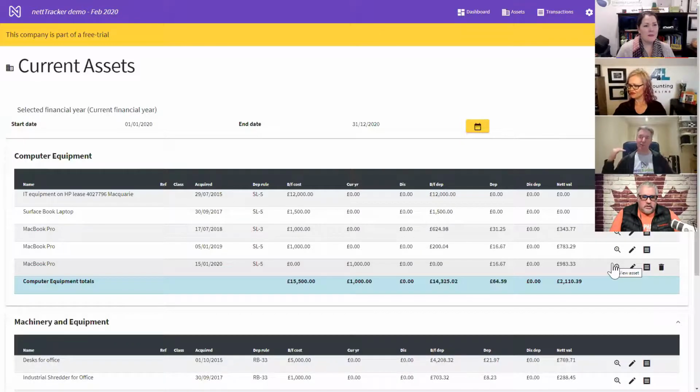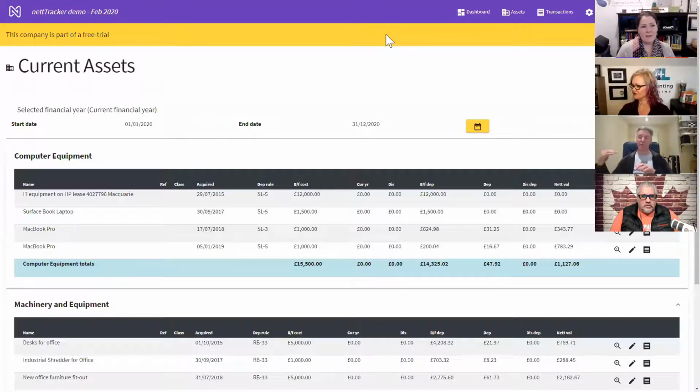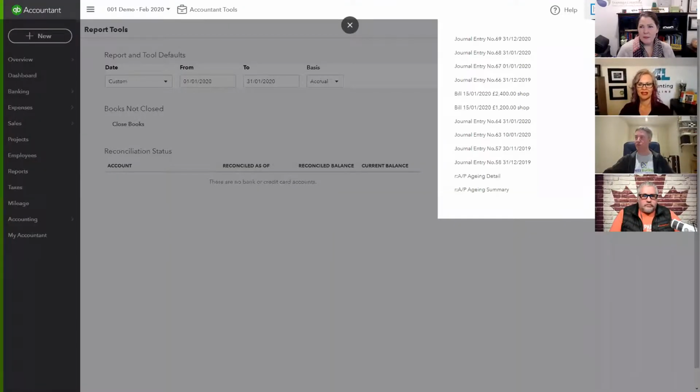And you've all got it set to automatically add the asset on, then if an asset has been added, I can see that depreciation has been posted on this one. Now, because this asset is one in this financial year, I could just delete it. What that will do is remove that asset from the asset register. Any depreciation that might have been posted in a journal, it will create another journal to move the amount the other way. So if I look in my QuickBooks, hopefully, if I just do a quick refresh,